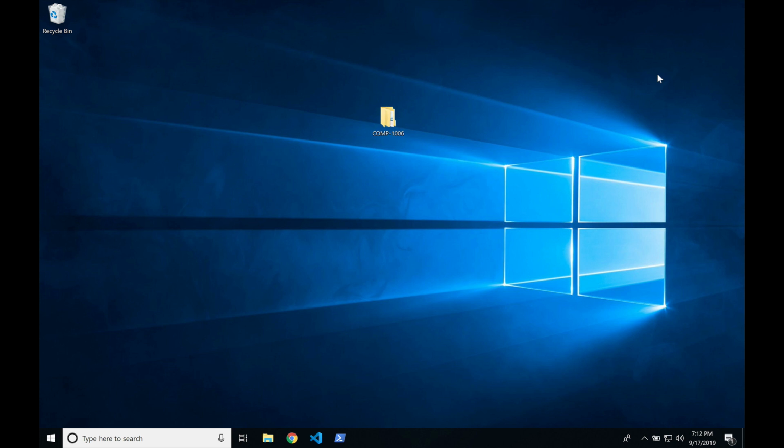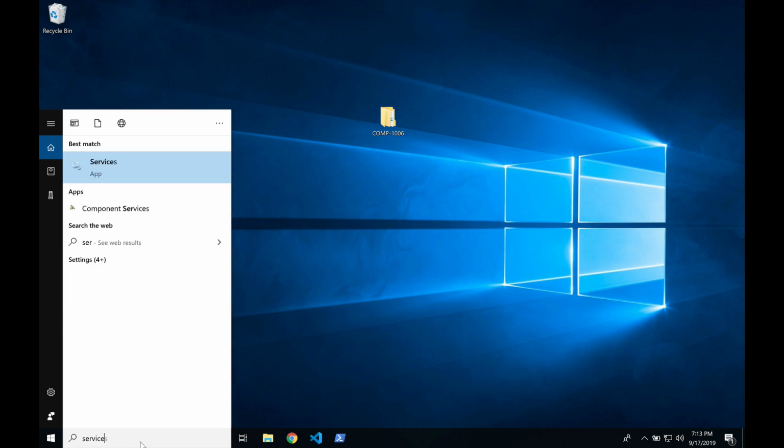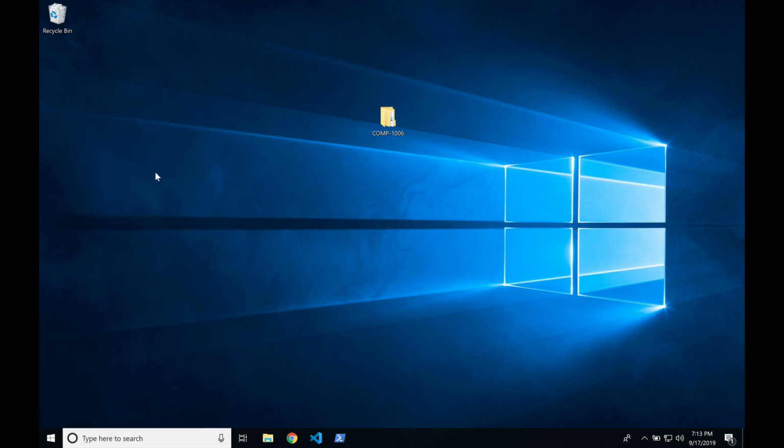Only those of you that need to pay attention will actually see the service in your services. And it is titled, just so you can see, MySQL 80, I think it's .svc or something like that. There's some other extension there. And we find it when you click on your Cortana, this little white bar down here, it's your search bar, right? Click in there, type in the word service, and it will say Services App. Click on Services App to open it up,